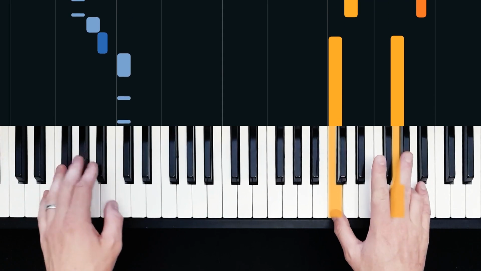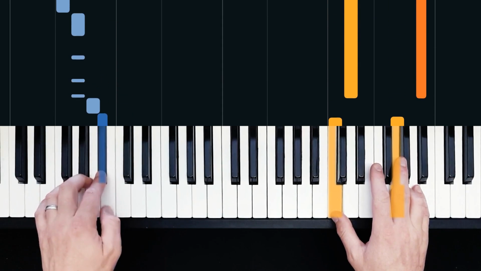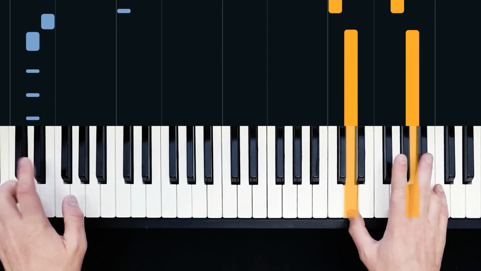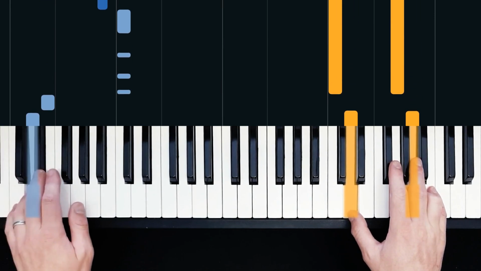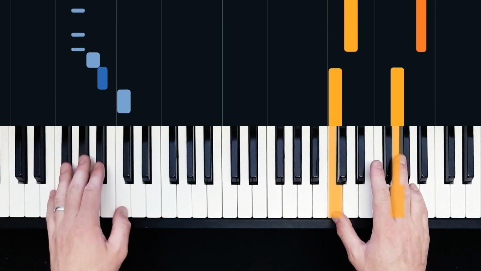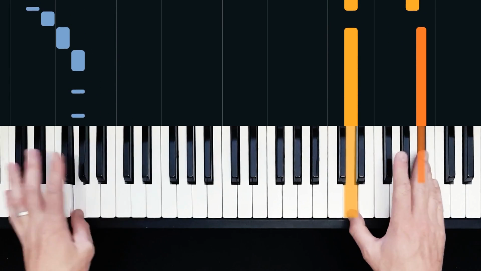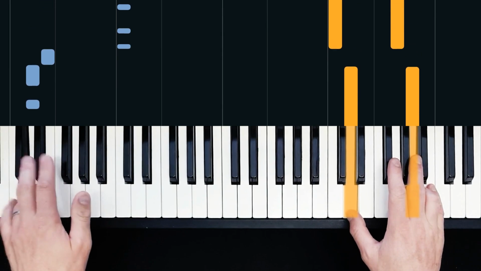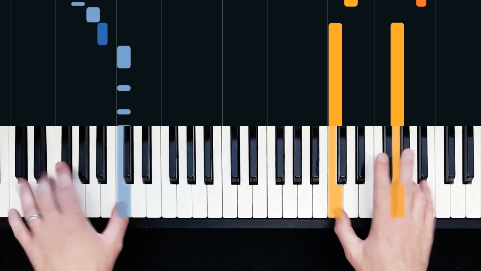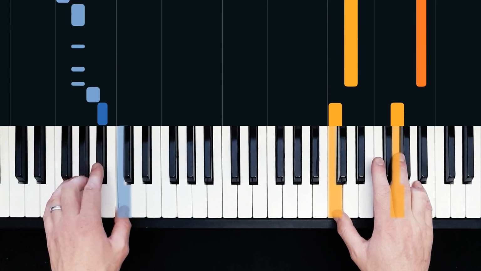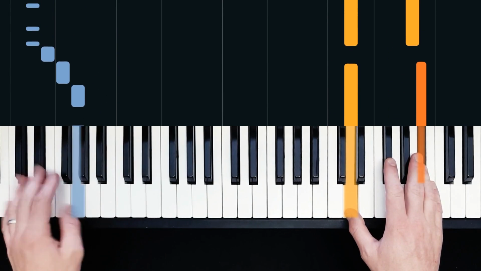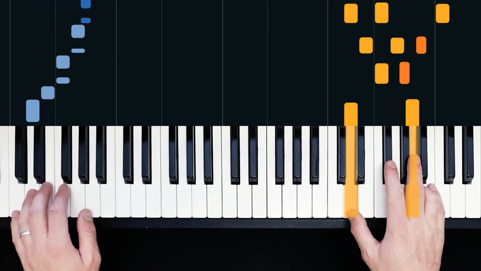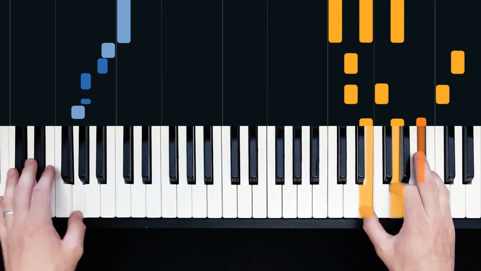So C 5th, and then D 6th, and then D 5th, and then again C 5th, D 6th, D 5th, and then again C 5th, D 6th, D 5th, and then we come to probably the hardest bar in the whole piece,